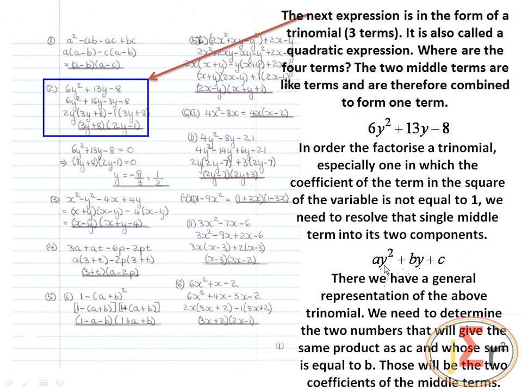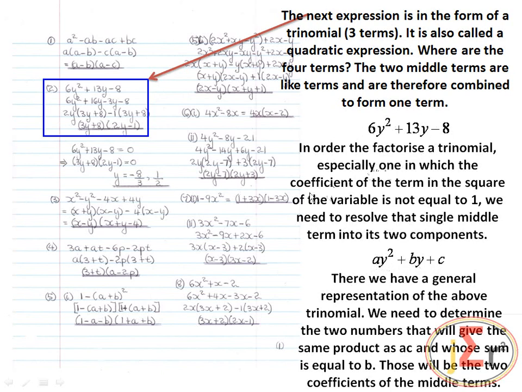But as long as we are factorizing a trinomial, we will always be making reference to this general form. So in order to transform this trinomial to an expression that has 4 terms,